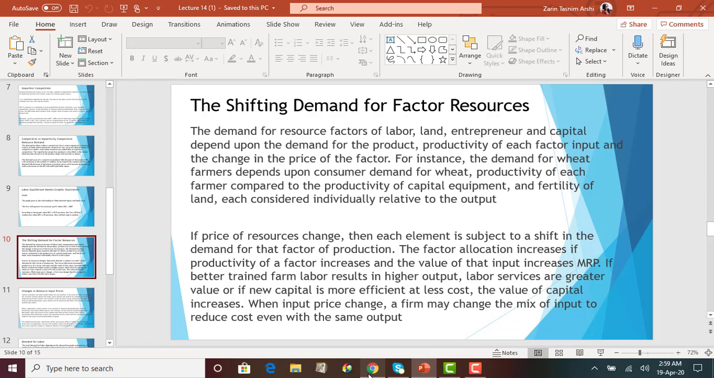The second one is the productivity of the farmer, how quickly they can produce. Let's say a farmer can produce 1 ton of wheat in 3 hours, whereas another farmer can produce 1 ton of wheat in 5 hours. So the first farmer is definitely more productive because he can produce more wheat than the second farmer. So that is a determining factor for the demand. And lastly, it also depends